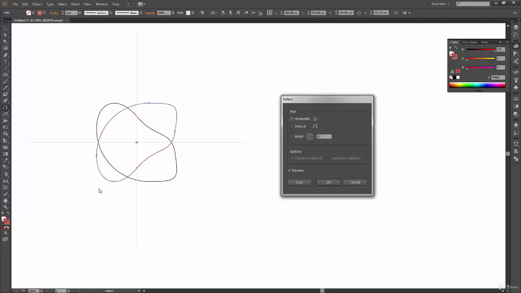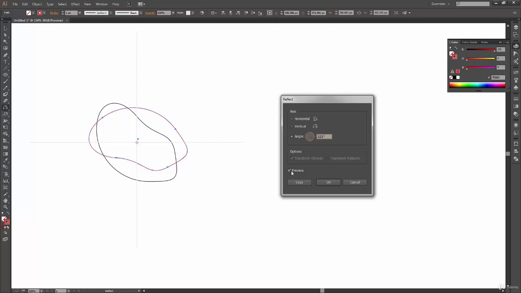And this time when I click on horizontal, you can see, yeah, this is the line along which it got reflected. And when I select vertical, this is the vertical line along which it got reflected. So I hope this is clear to you now. Now you have the ability to change the axis also. You can define your own angle. So instead of 0 degree, if you change it to a certain angle, then you are actually changing the angle of a reflection axis. And you might find it useful in some of your work.